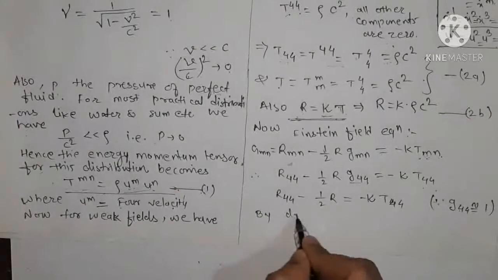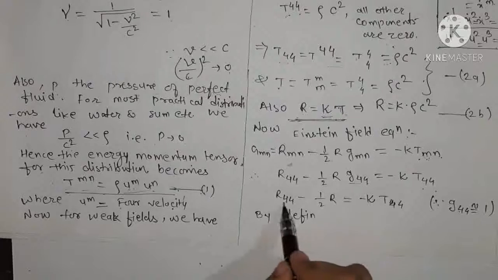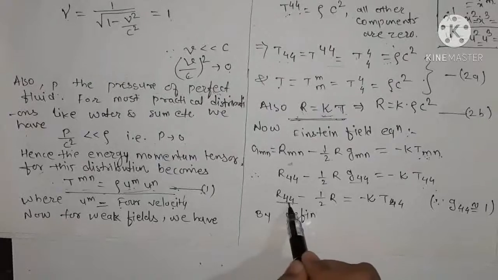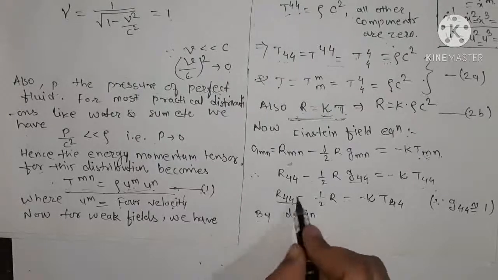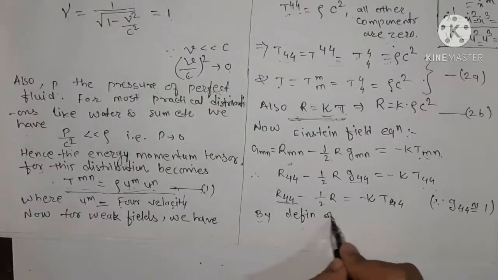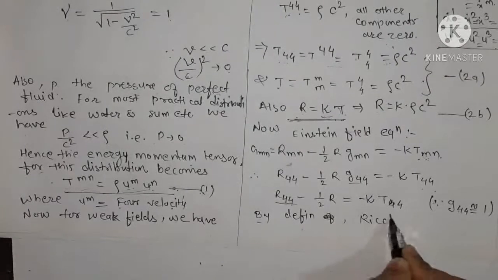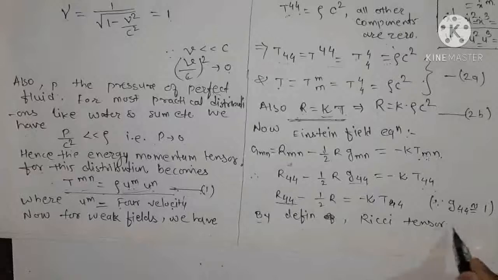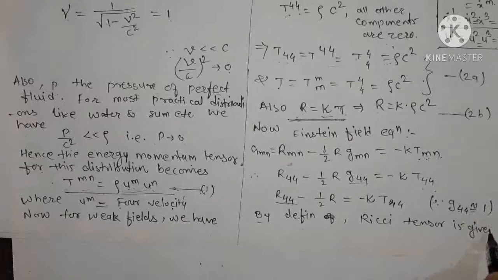Now we substitute the value of R44 here. For this we use the definition of the Ricci tensor. So by definition, the Ricci tensor is given by